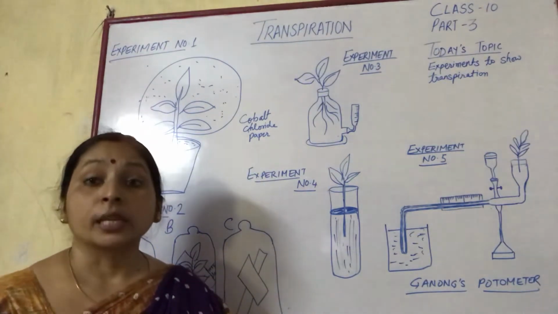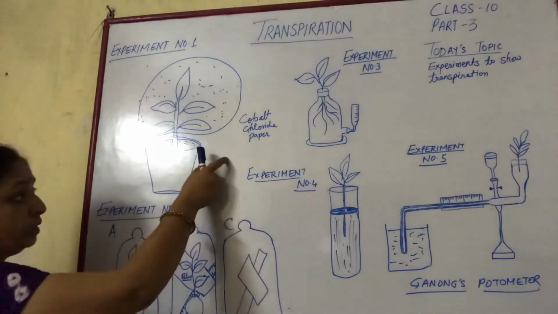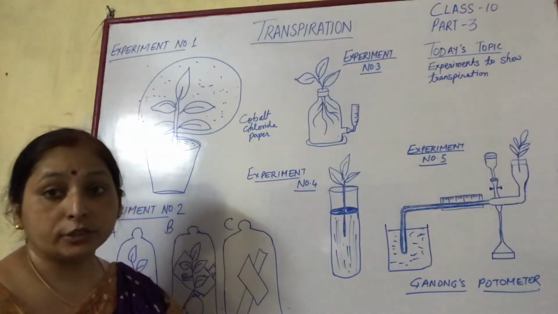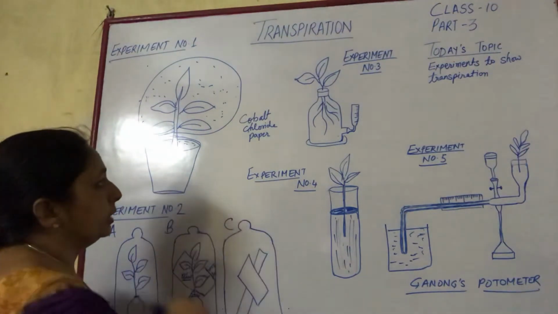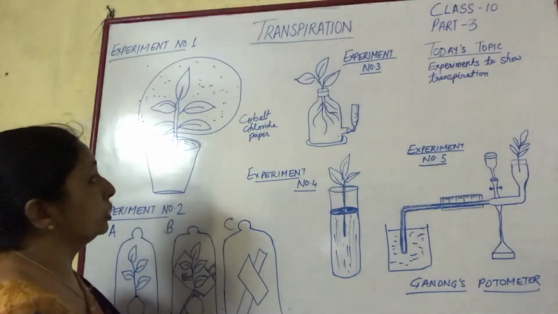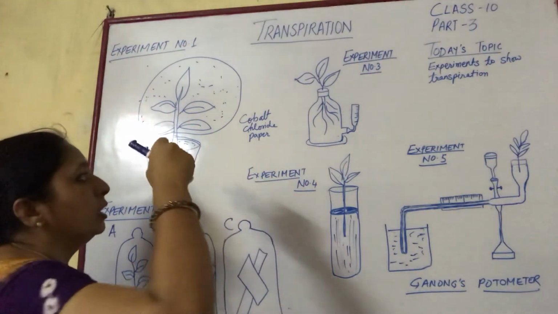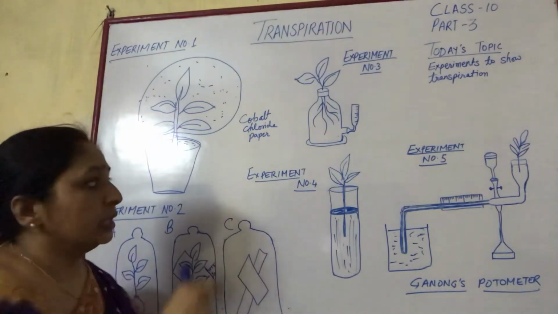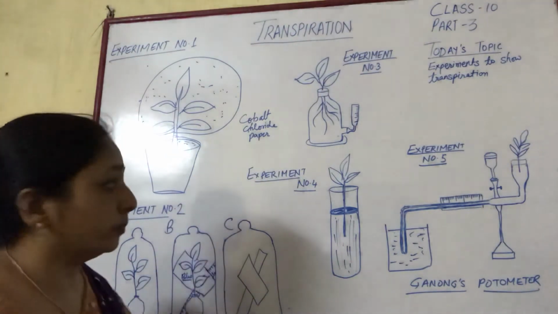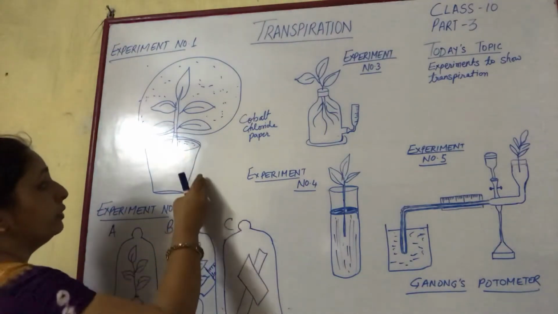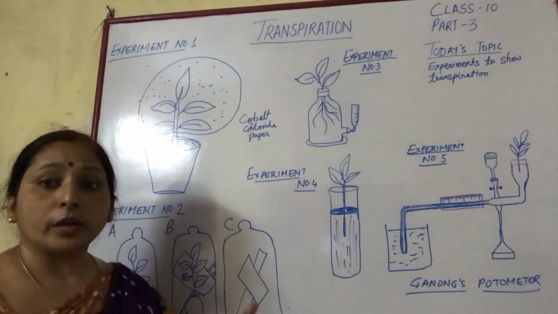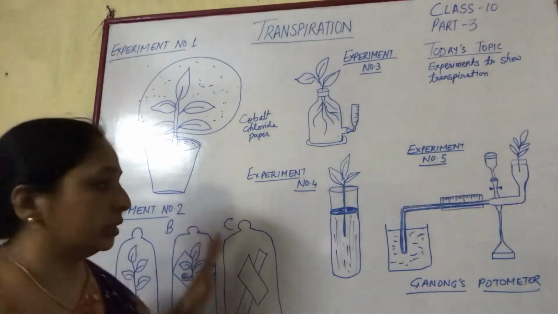of the polythene bag. Next experiment. Here the questions asked may be: define the physiological process shown in the diagram, which is transpiration, then the definition of transpiration. Third question: how can you say that the droplets are water droplets? The cobalt chloride paper detects the presence of water vapor. Another question may be: why are we not covering the whole plant? To avoid evaporation from the soil surface. And this was the reason.